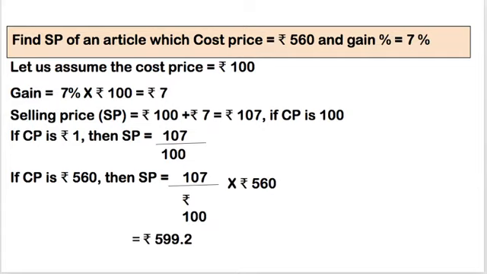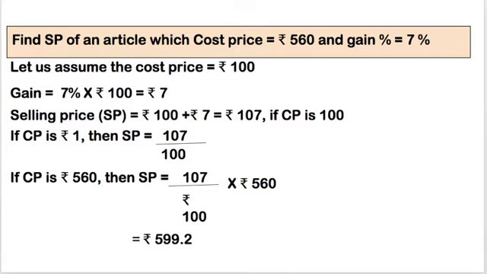This is the question given. Find SP of an article whose cost price is given and the gain percentage is given. Now we have to go in the opposite direction: cost price is given and gain percentage is given. Now what is the selling price? तो यहाँ पे भी cost price को फिर से assume करेंगे. Never assume the selling price, क्योंकि जो profit है और loss है, it is always and always on the cost price. तो हम हमेशा cost price को ही assume करेंगे, and we will assume it as 100. So when we are assuming the cost price is 100, gain percentage से हमारा gain क्या आ जाएगा? 7% of 100, that is 7 rupees. Then the selling price will be cost price plus profit, it is 107.